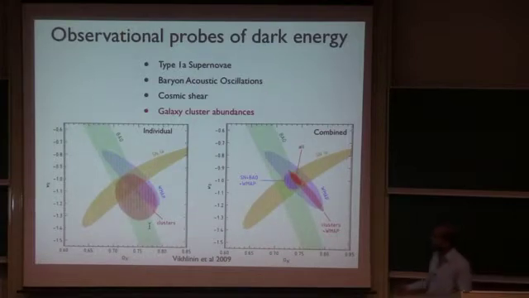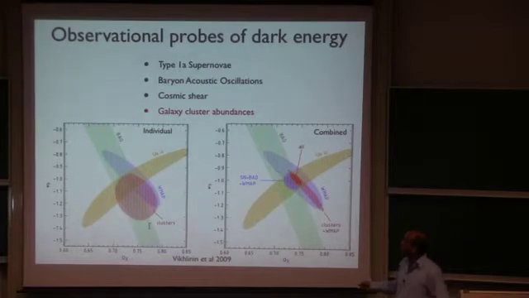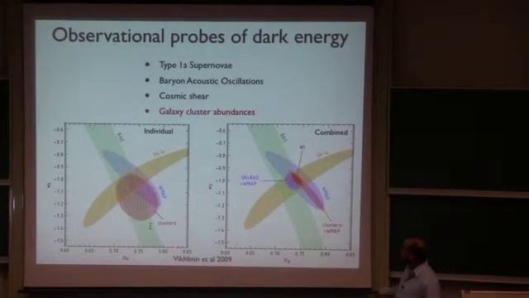Okay, so what are observational probes with dark energy? The four main ones, and there have been talks on the others in this conference: Type 1a supernova, baryon acoustic oscillations, cosmic shear, and the one I'm going to focus on here, galaxy cluster abundances. Right, and so this is a nice plot, a little old now, from Buchanan, that shows all these on the same graph,